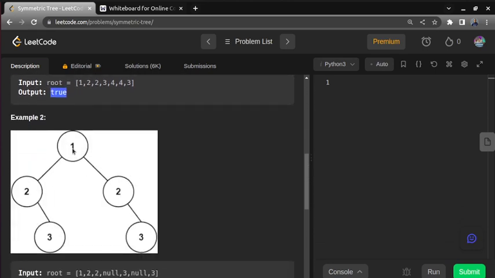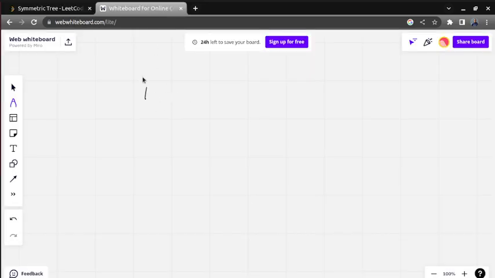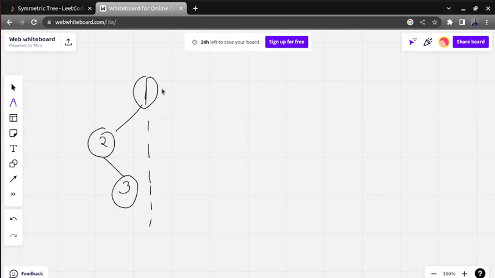If we take the second case, and we cut from the center, 2 is in place of 2. But as you can see, 3 is near to the mirror. Let me draw this diagram and tell you: 1, 2, 3. Suppose this is the mirror. What will be the mirror image of this? It should be like this: 1, 2 and 3. If this is the mirror image, then we can say that it is true.